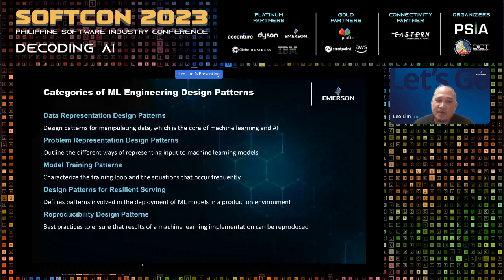And then there are reproducibility design patterns. The thing with machine learning models, right, is they're not always reproducible, meaning even if you provide the same inputs, you train it with the same data, the output may change, right? And that really means maybe changing your bias parameters and all the stuff like that. But there are design patterns that can help you make your results more reproducible. So these are those types of design patterns.